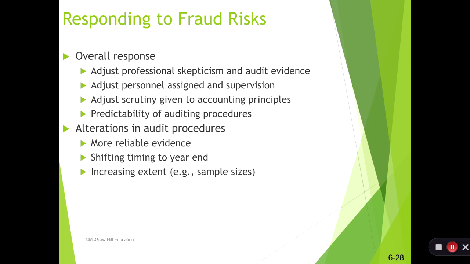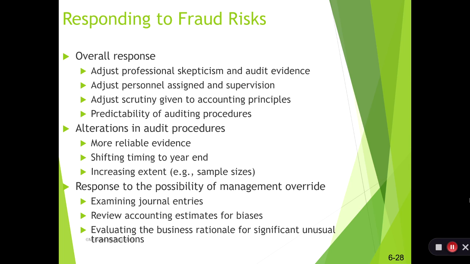And then what are you going to need to do as far as the audit evidence goes? I alluded to this a little bit already, but you need to vary the nature, the timing, and the extent, right? Those are these three bullet points. The nature is the reliability of the evidence, so you're going to need more reliable evidence. The timing is when you're doing your audit procedures, so you're going to wait until year end to do more of the work, because you don't want them to have that opportunity to manipulate from interim testing until year end. And then you're going to have to increase the extent, right, in terms of having larger sample sizes in order to get more comfort around the financial statements.